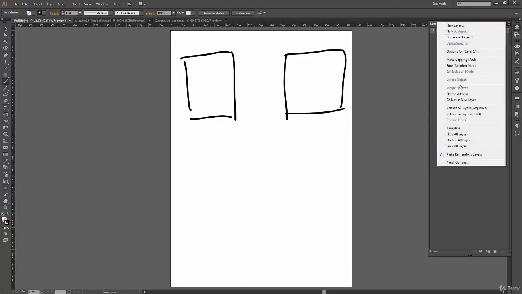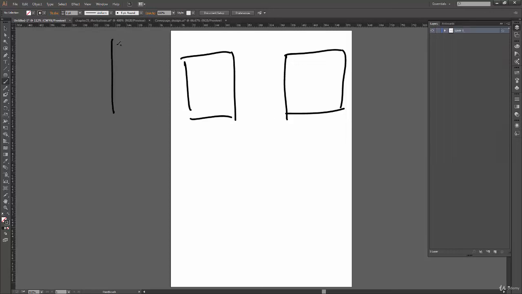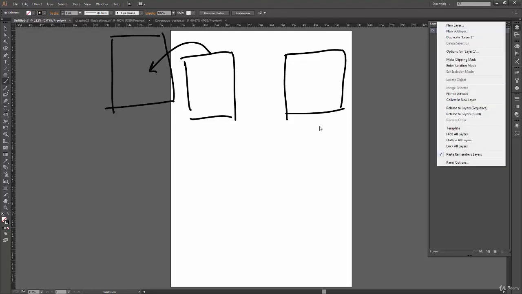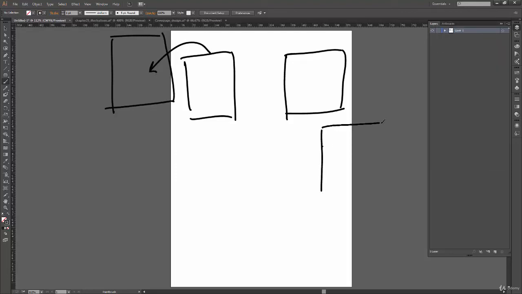When I click on collect in new layer, what it does is create a new layer, let's say this is the parent layer, and put your existing layer or a selected layer in this one. But when I click on new sublayer, it will create a new layer and put it inside your previous layer.